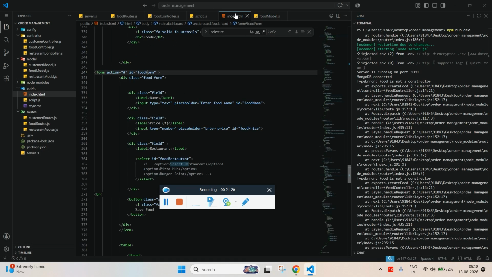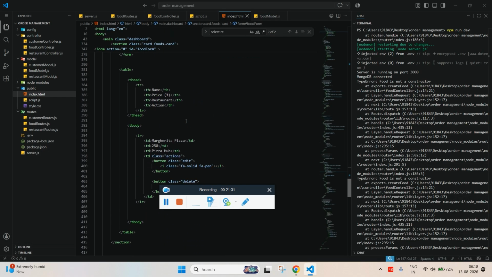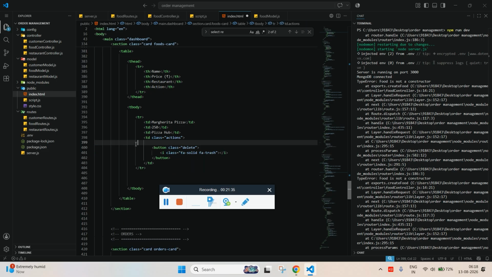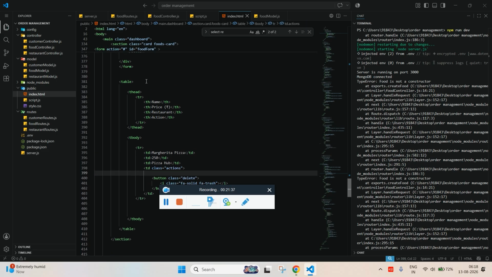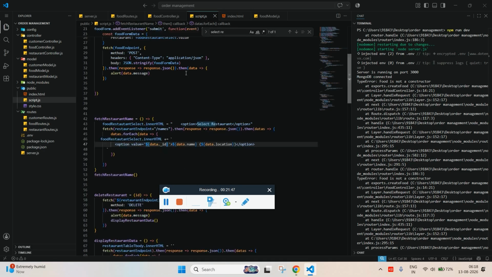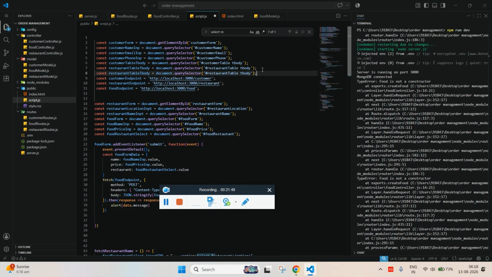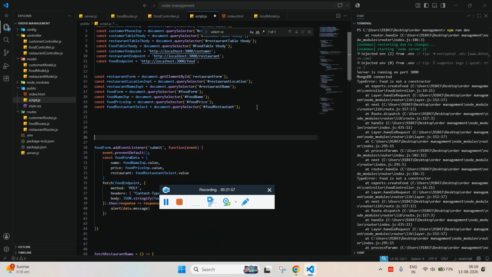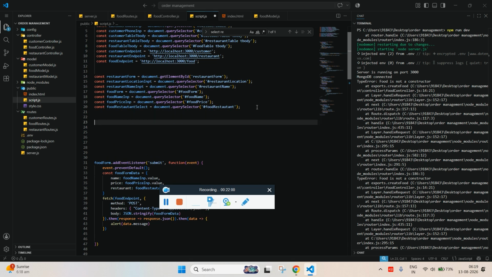So we need to get the table, an edit button. We need to identify them with food table. In the JavaScript, we have to define the table as, now on page load we need to send the fetch request. So